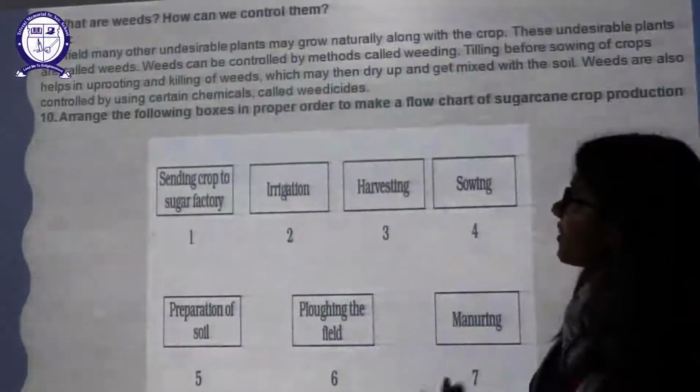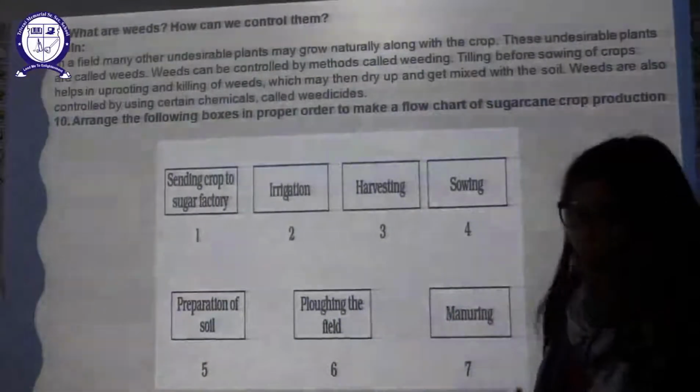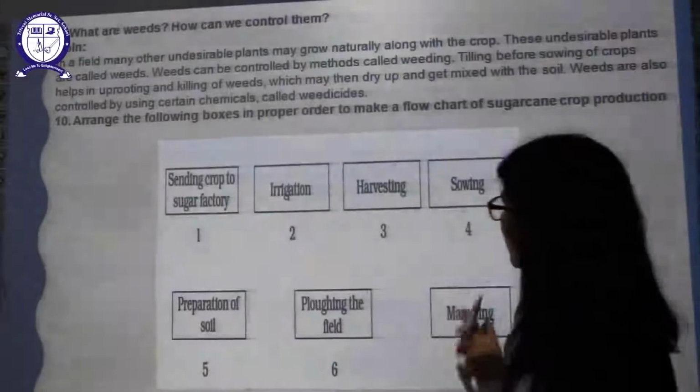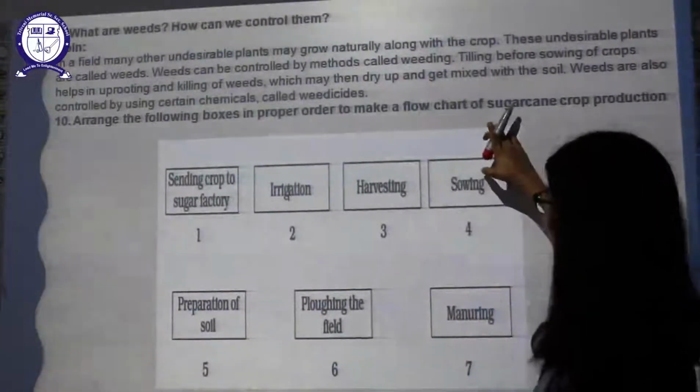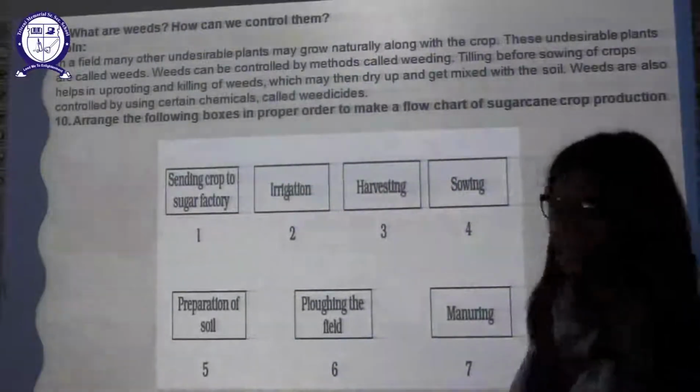Next is: what are weeds and how do we control them? We just discussed it, so no need to go into that. Next, arrange the following in order to make a flow chart of sugarcane crop production. So these are the 7 steps. You have to